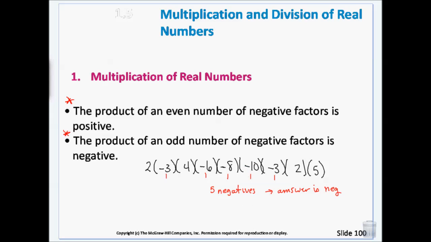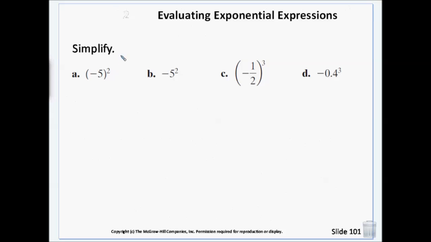If I added one more or took one away, I'll make that 10 positive instead. I now have 4 negatives, so my answer will be positive because I have an even number of negatives. If I have an even exponent,